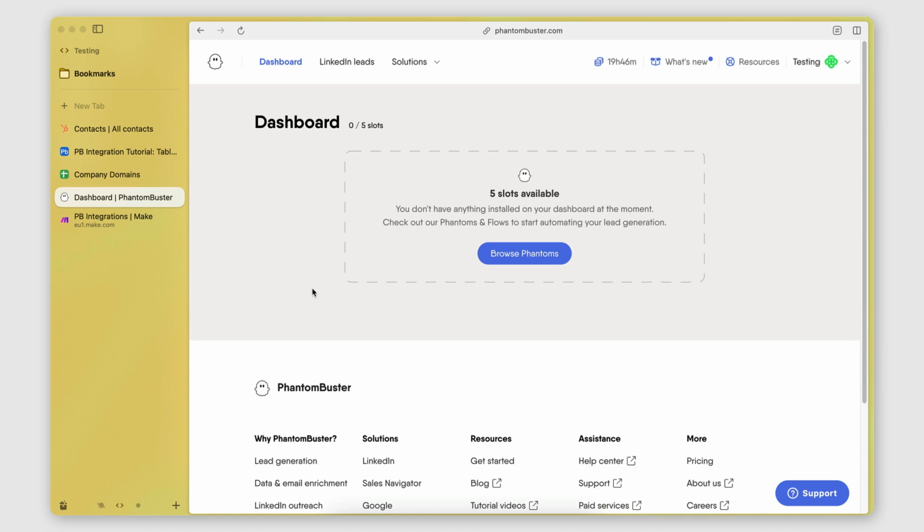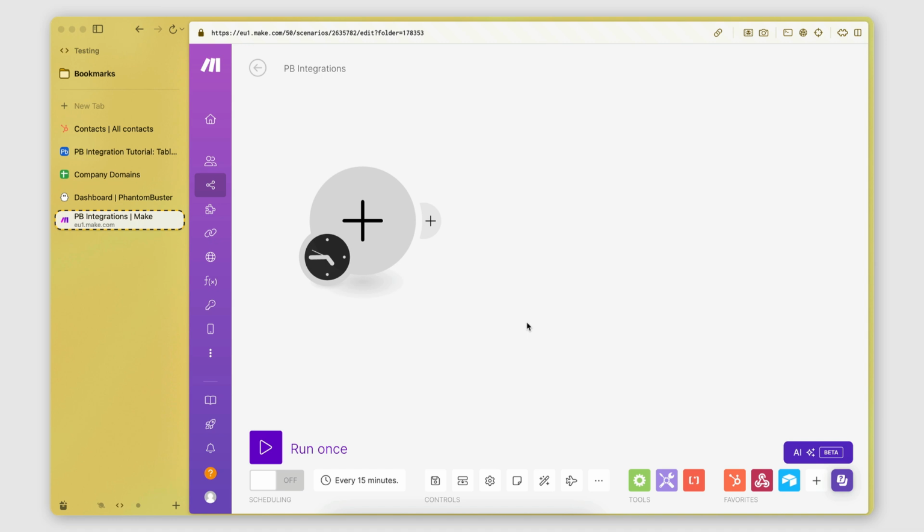Hi everyone, so I wanted to do a video to show you how you can integrate PhantomBuster with pretty much any web app. This can be useful if you want to get the data that you scrape with PhantomBuster and send it somewhere else in another application such as a CRM or database or any other web app you might be using. Now, to make this possible, I'm going to be using make.com, which is a workflow automation platform, but